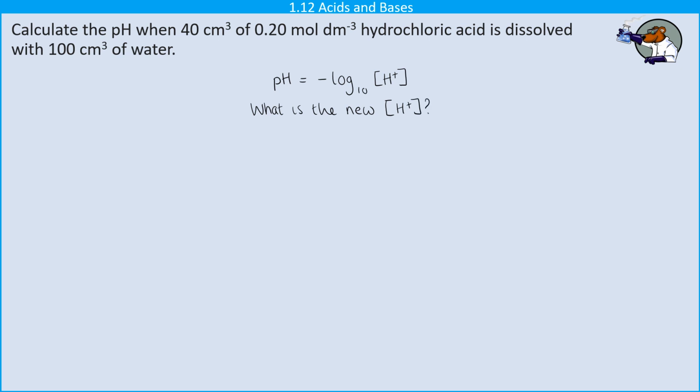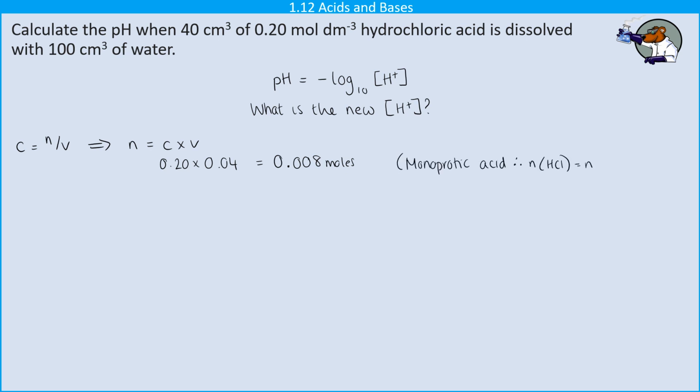But in order to know that, I firstly need to know how many moles of hydrogen ions I had in the original acid. So concentration is moles divided by volume, and if I rearrange that, I get moles is concentration times by volume. And of course my volumes need to be in decimeters cubed, not centimeters cubed, so I need to do a little bit of converting there. So 0.20 multiplied by 0.04, which is the 40 centimeters cubed converted into decimeters cubed, and that gives me 0.008